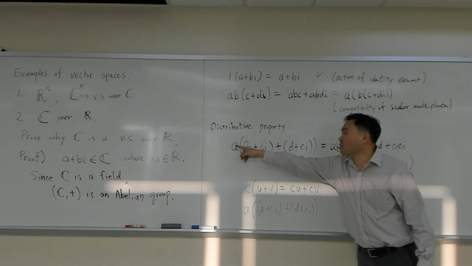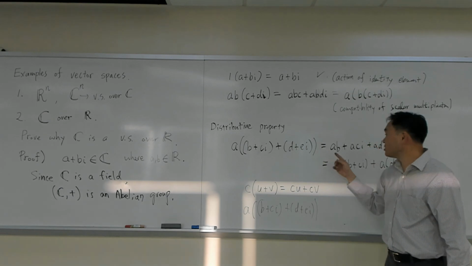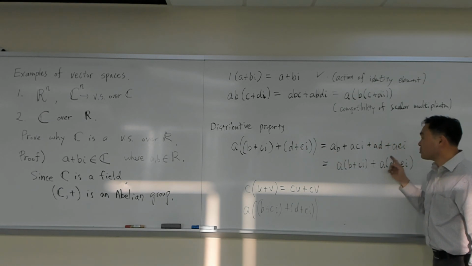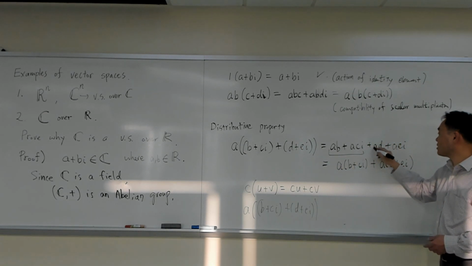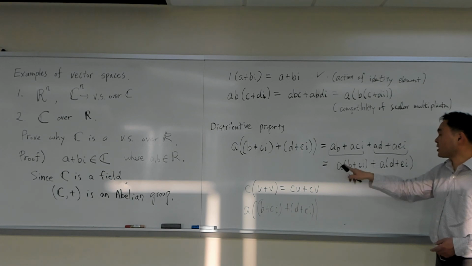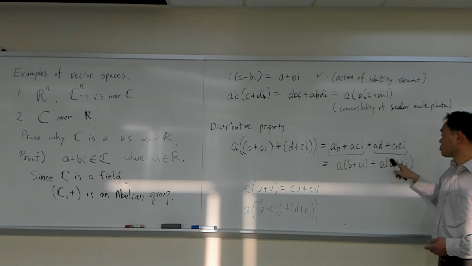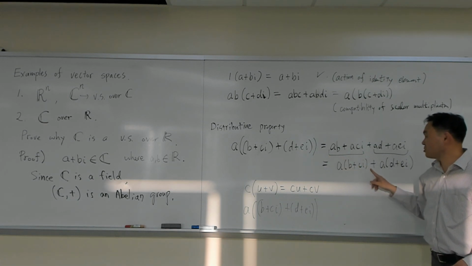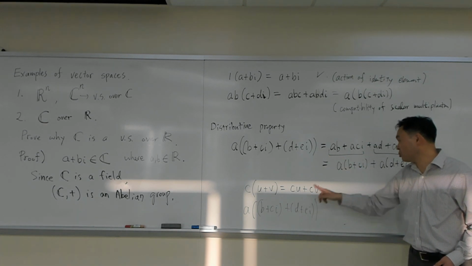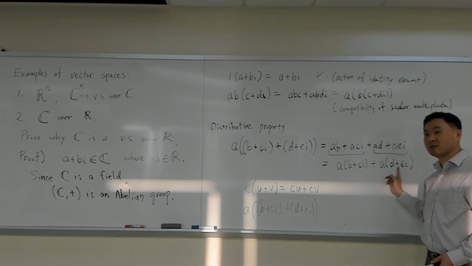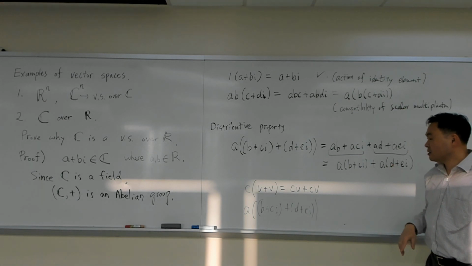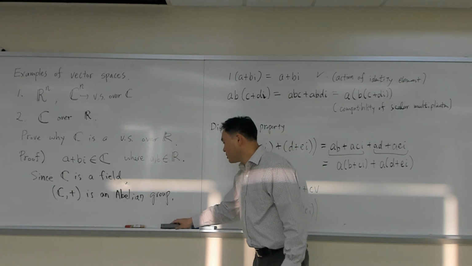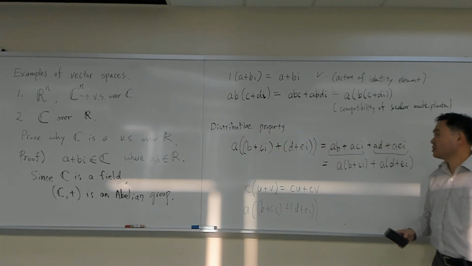And then you can multiply A to every one of these to get this. Okay. But then over here, I can factor the A out, and for here I can also factor the A out. And this equal to this is exactly this form, where U is this and V is that. Okay? All right, so